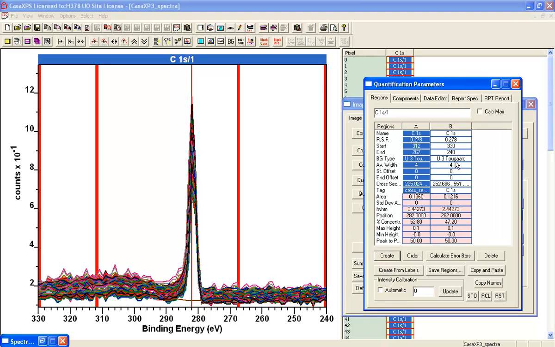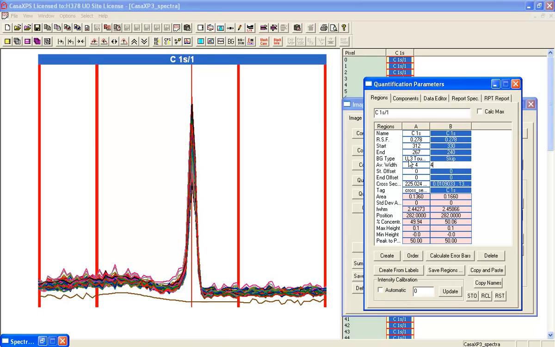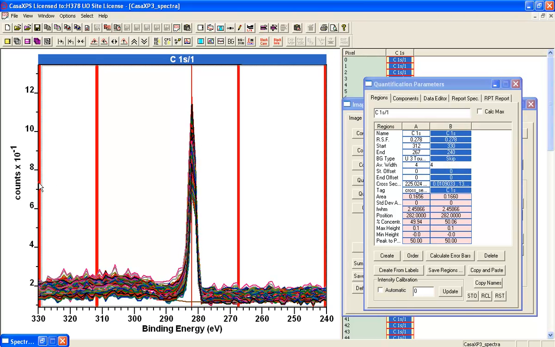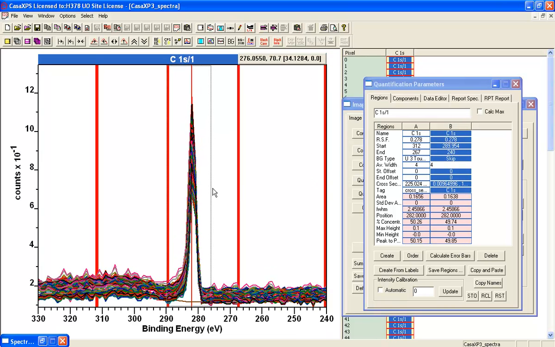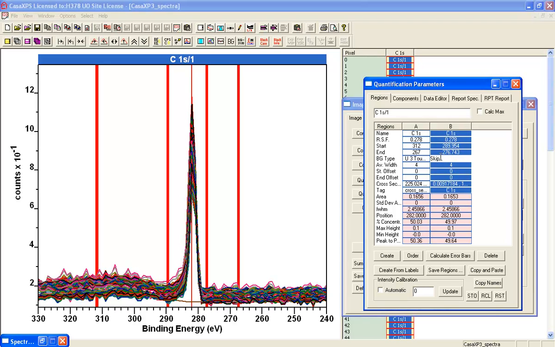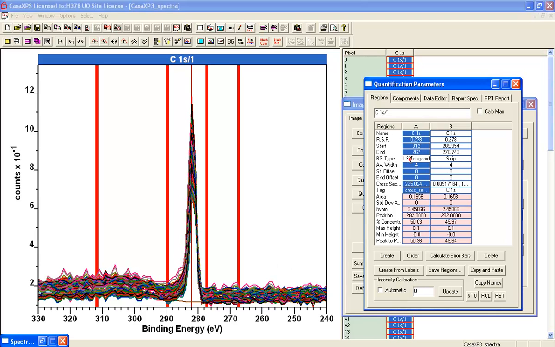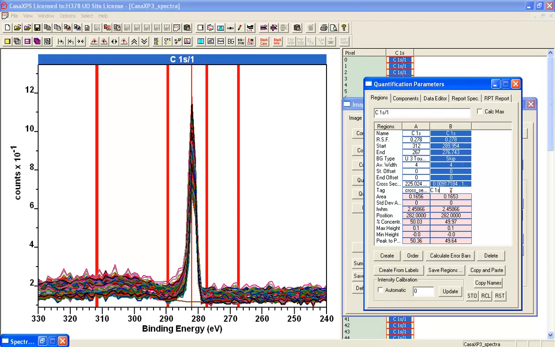And the next thing I need is to measure the area, so I'm going to put a skip background and adjust the region so that this second region works out the area above the existing background. Hence I've used skip rather than specify a background to calculate over this interval. It's using the U3 Tougaard background to work out the area of these peaks, and I need to say this is raw area CPS eV,